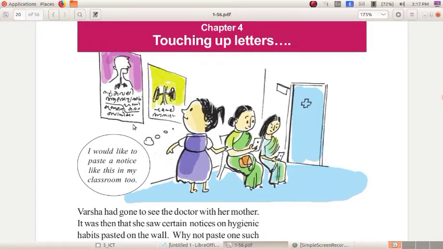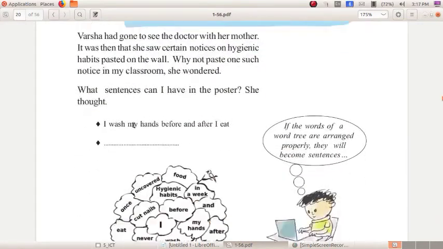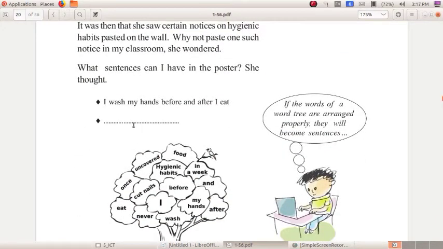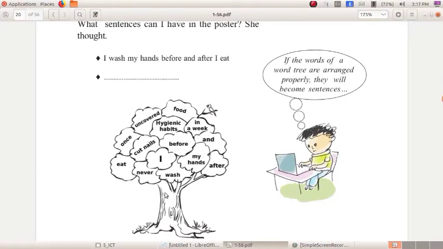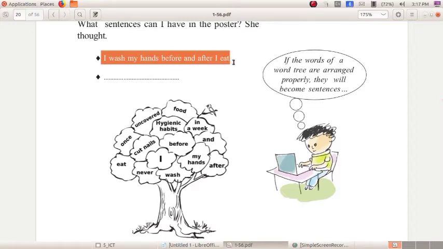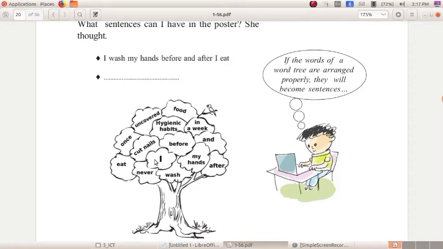See here. What sentences can I have in the poster? With the help of this tree, you can make so many sentences. The first sentence is: I wash my hands before and after I eat. Now can you make another sentence from this tree?